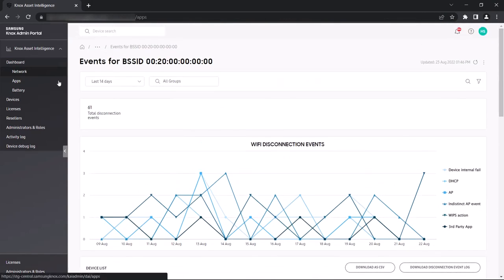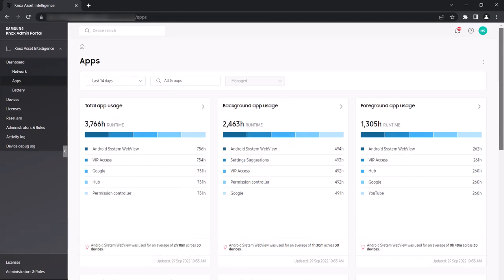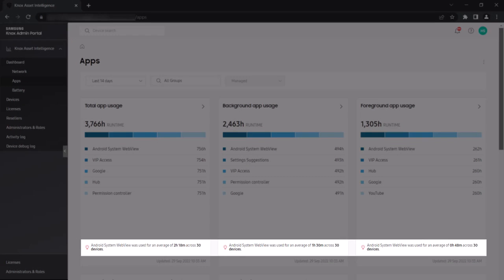Let's move over to the Apps dashboard. Here you have several widgets to help track your fleet's work profile app usage and performance. The total app usage, foreground app usage, and background app usage widgets show the combined running times in hours of the 5 most commonly used apps on your devices. At the bottom of each of these widgets, the most commonly used app is highlighted, along with its average runtime